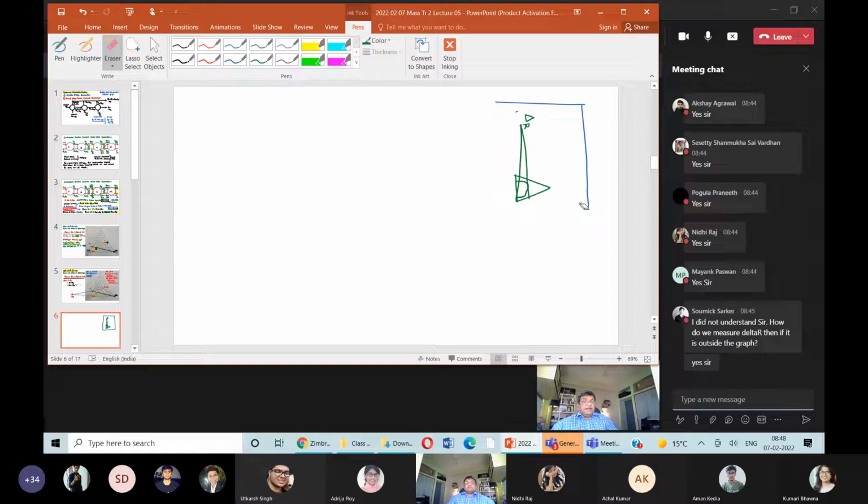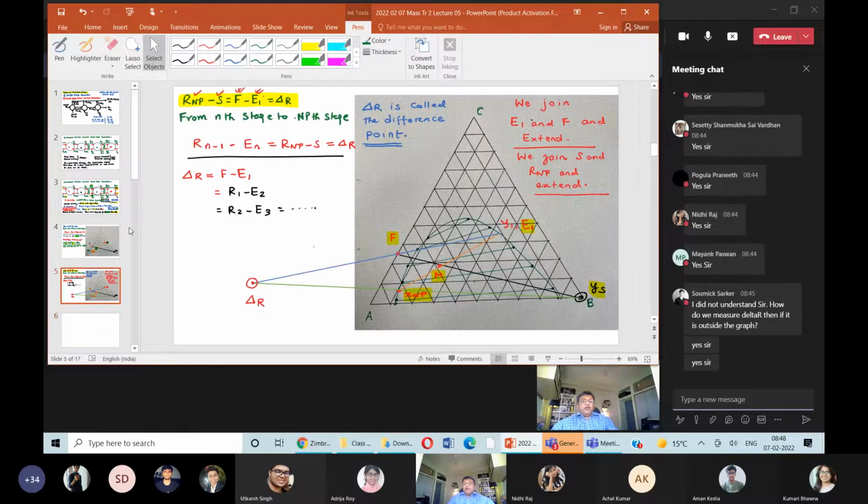And clear to everyone? Nobody asked me this question: sir, you are drawing a point which is outside the graph paper. So Shomik at least is following. I'm a little disappointed with this class because it is not that easy. There are so many abnormal things in this whole approach. And one of your friends has correctly pointed out that you are suddenly locating a point which is outside the main graph. That's exactly what we are doing, right? But yes, that is how it goes.